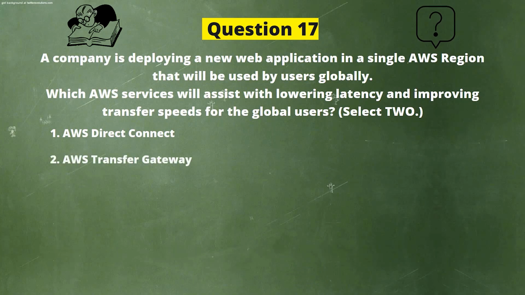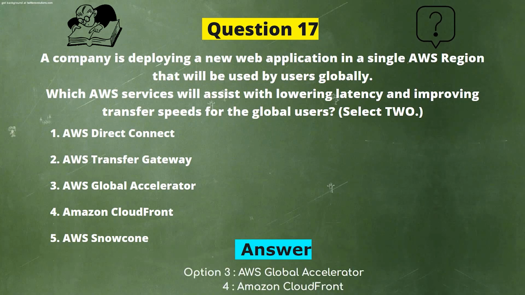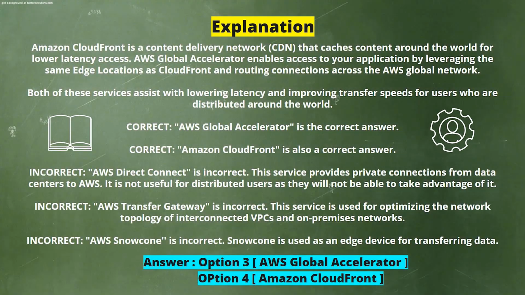Option 2. AWS Transfer Gateway. Option 3. AWS Global Accelerator. Option 4. Amazon CloudFront. Option 5. AWS Snowcone. And the correct answers are Option 3, AWS Global Accelerator, and Option 4, Amazon CloudFront. Explanation. Amazon CloudFront is a content delivery network, CDN, that caches content around the world for lower latency